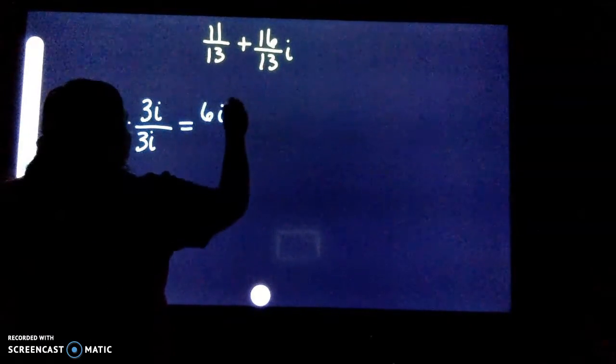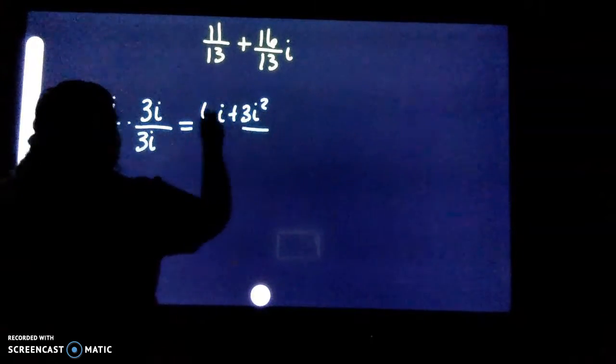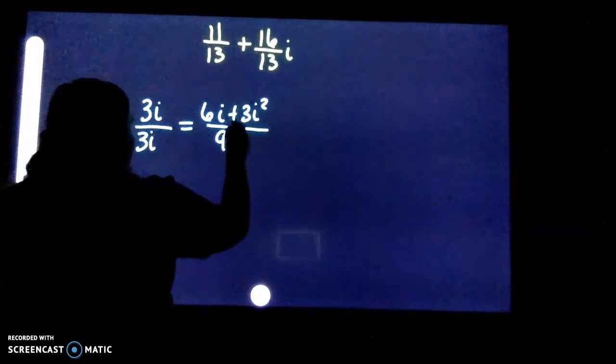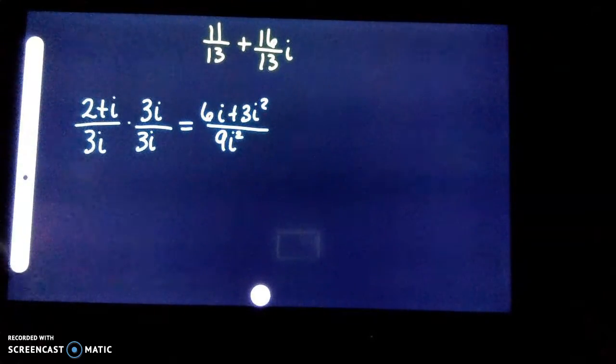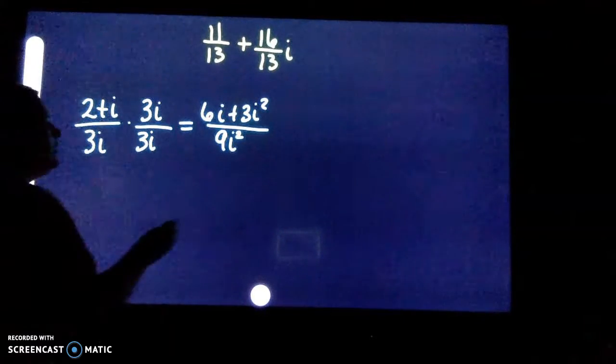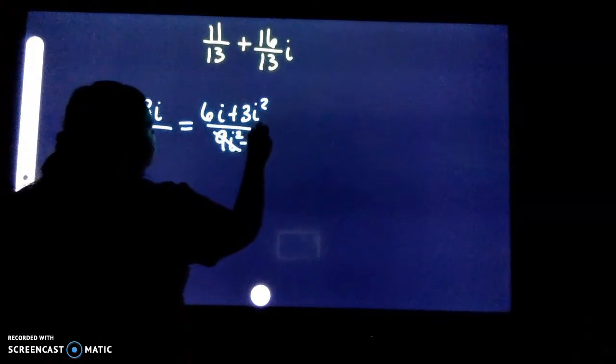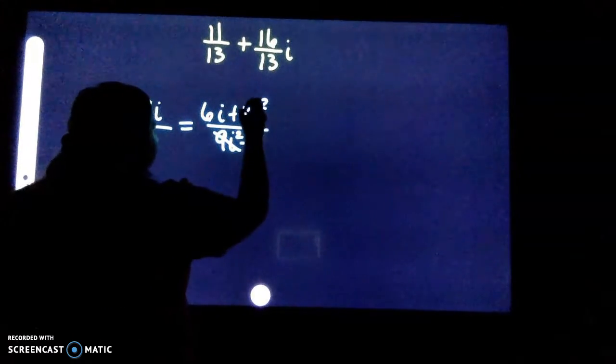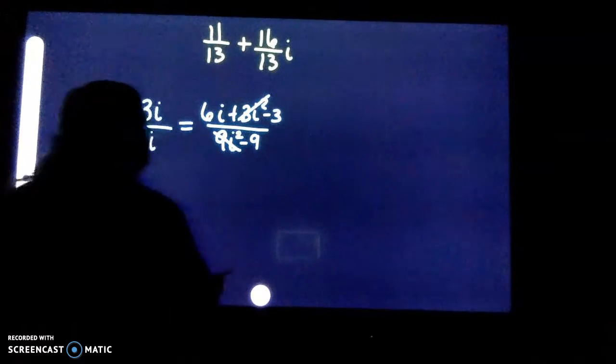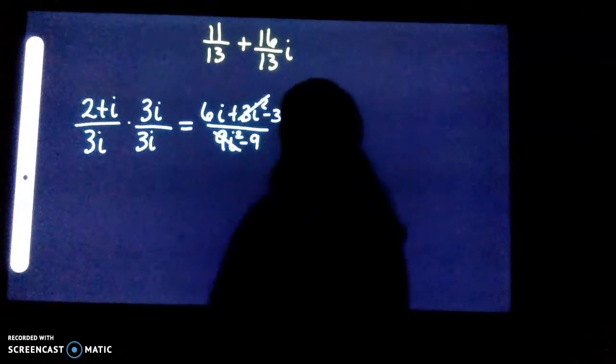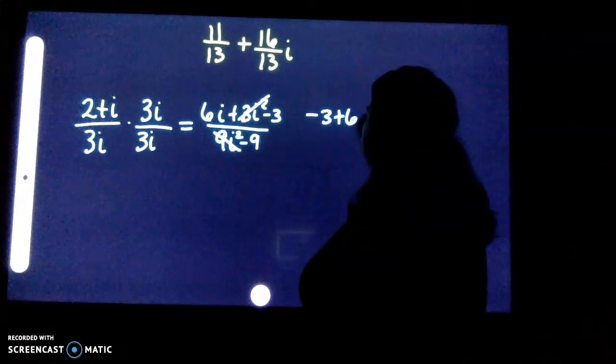I get 6i plus 3i squared over 9i squared in my denominator. i squared, remember, is negative 1. So 9 times a negative 1 becomes a negative 9. 3 times a negative 1 becomes a negative 3. I simplify from here. I get negative 3 plus 6i